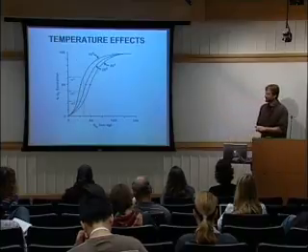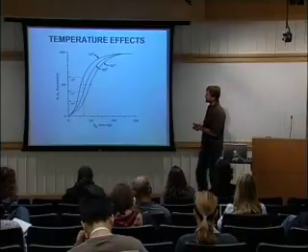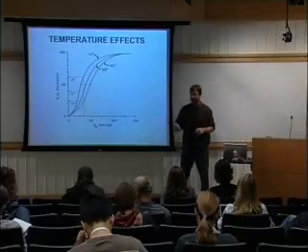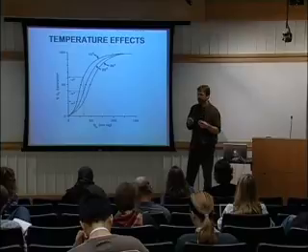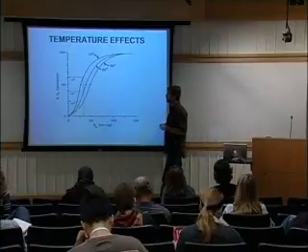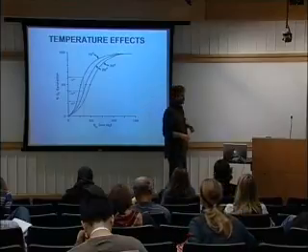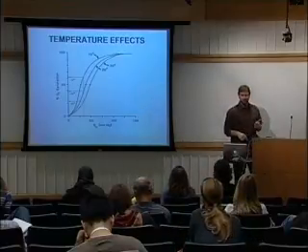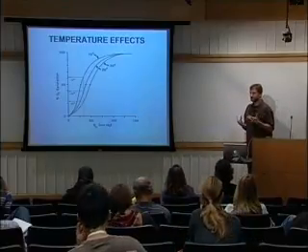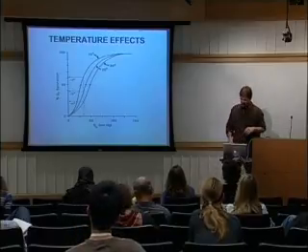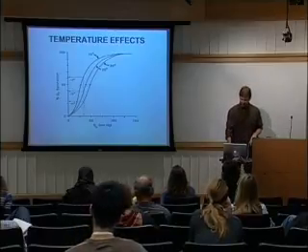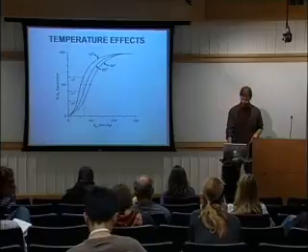There's also a temperature effect to consider. As I mentioned, when an organism is in high temperature, it's got a higher metabolic rate. It's going to need more oxygen, but that's also when you have the lowest affinity for oxygen. So add a temperature insult to a CO2 insult when an animal is demanding the most oxygen, and that's when you're going to get into limitations of oxygen transport.